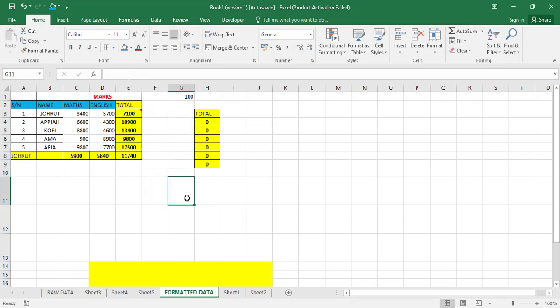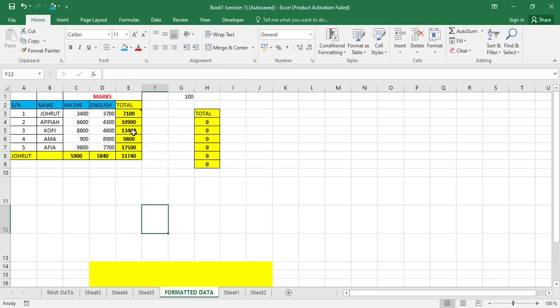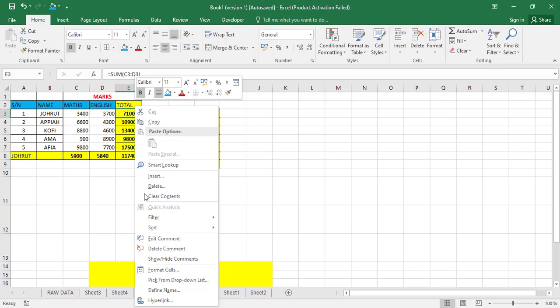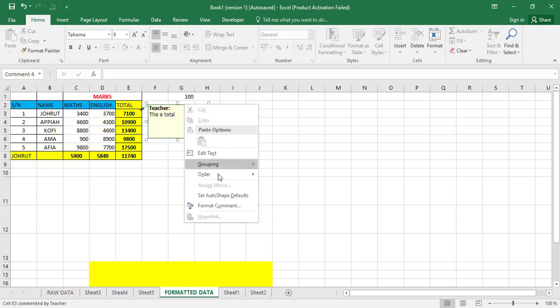Maybe you want to format the comment, or if you want to edit, you can just come to this section, select the cell, then edit the comment. You can even delete the comment. You can even decide to show or hide the comment. If you want to format your particular comment, you just right click and go to edit comment. When you go to edit comment, you're going to see the anchor points. You place your mouse pointer at the edge of it, then you right click again,